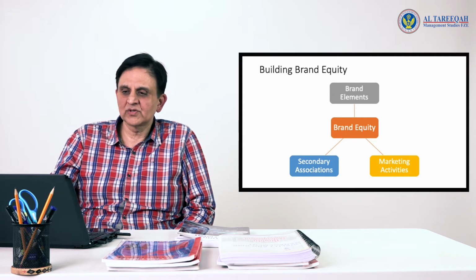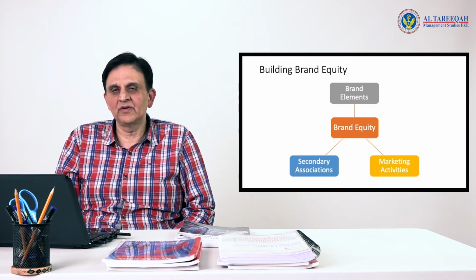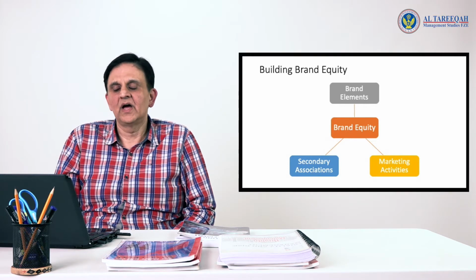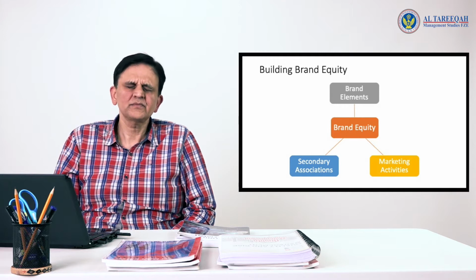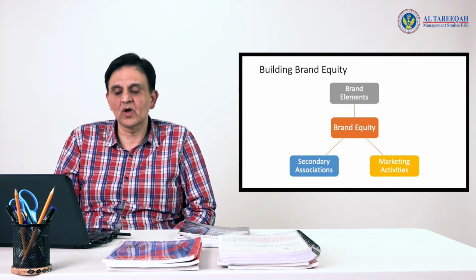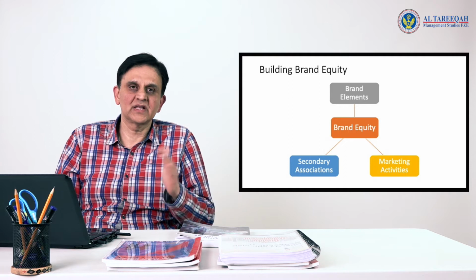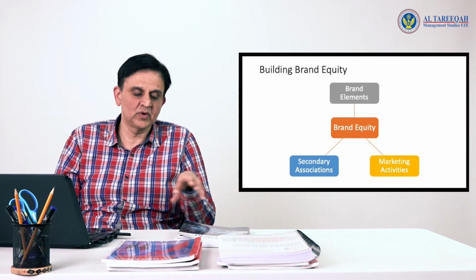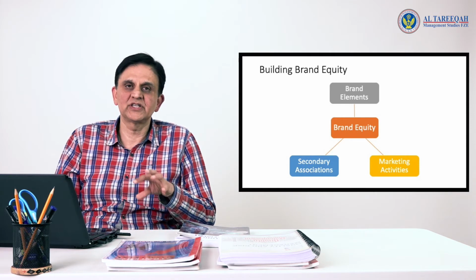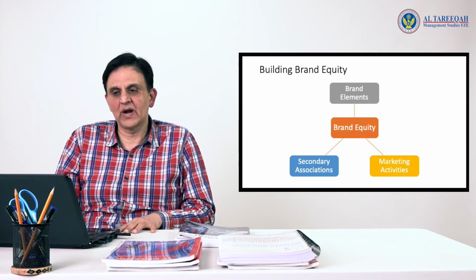Various models are also available for brand equity, but the most popular model, which you can read at leisure, is by Professor Kevin Keller, an Australian based professor. His model is very, very simple and easy to understand. It talks about what you know about the brand, and how you translate this information into brand purchase, brand association, and brand loyalty for that particular brand.